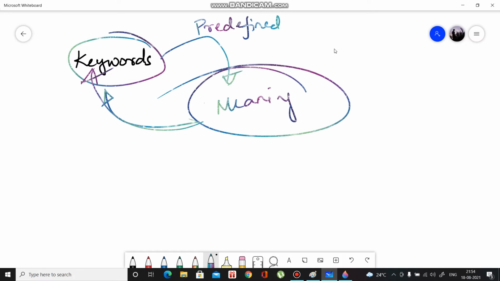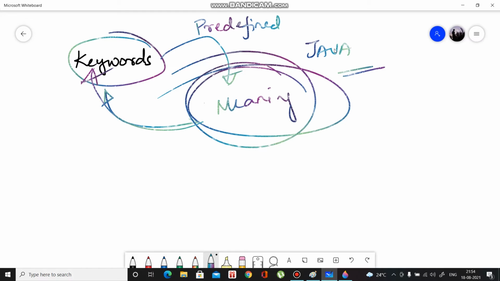While using the Java language, you should use only those particular keywords to get exactly that meaning.